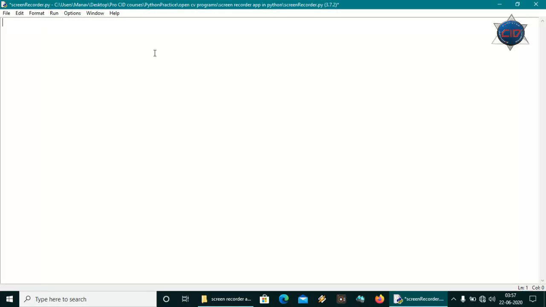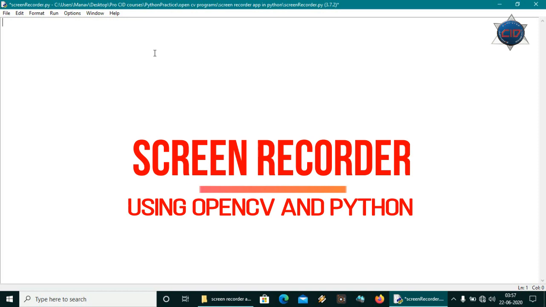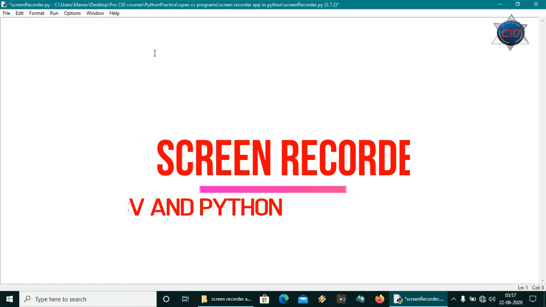Today we have a very specific topic, because today we are going to make a screen recorder using OpenCV and Python, and we'll also use another module, PyAutoGUI, to take the screenshot. I hope, if you are working with OpenCV, that you have already installed OpenCV and NumPy.